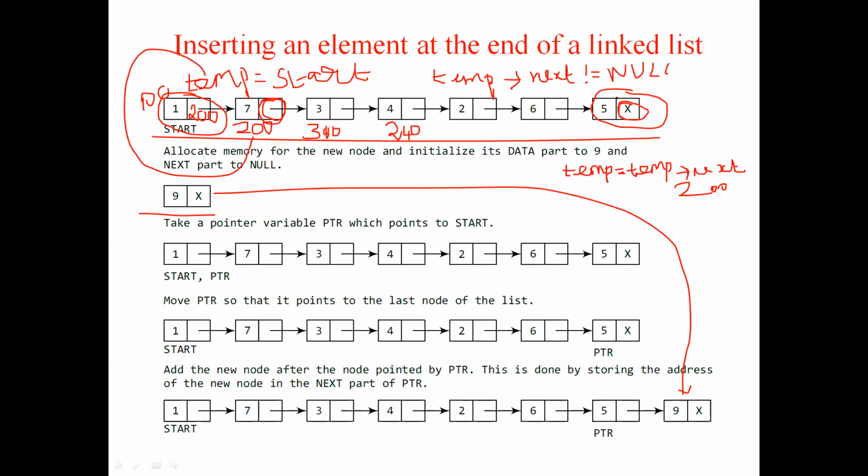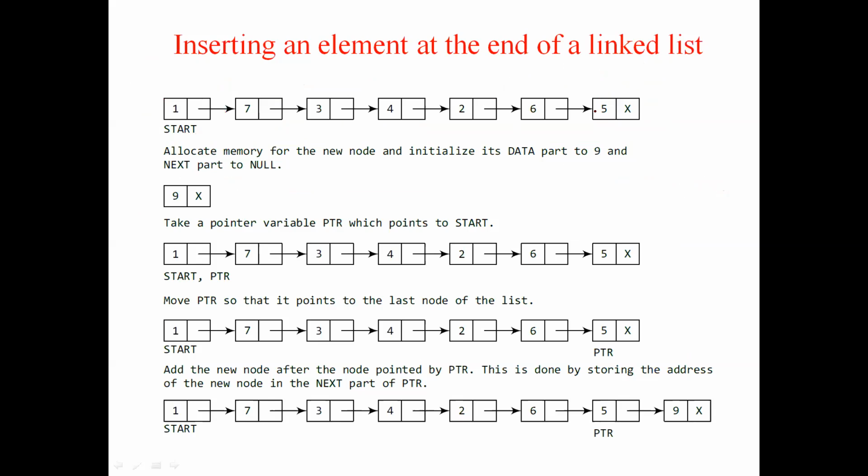At one stage, what happens? This while loop fails: not equal to null. Anyhow, the while loop will iterate and reach the end of the list. The temp pointer points to the last node of the list. When I'm checking the while condition, it fails. Then I conclude that it is the end of the list.